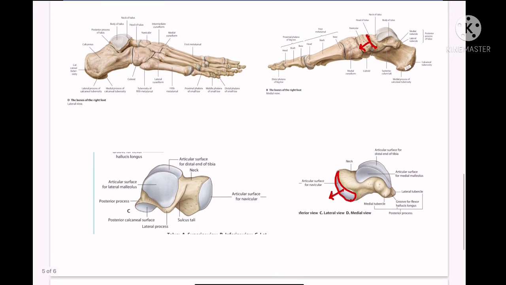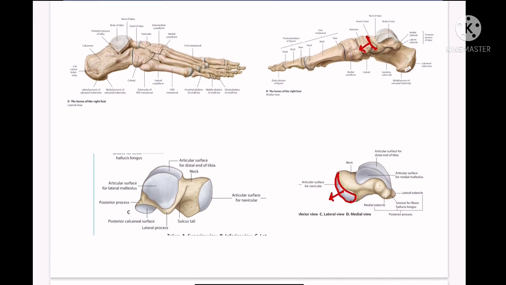Now from this point of view, once again, this is the lateral surface. You can understand this lateral surface articulates with the lateral malleolus of the fibula that I have already shown you. So you can draw the fibula like this. This is the lateral malleolus of the fibula, perfectly fitting with it. Similarly, onto the medial side, this comma shaped medial surface articulates with the medial malleolus of the tibia. This is fibula, lateral malleolus, tibia, medial malleolus. Okay.